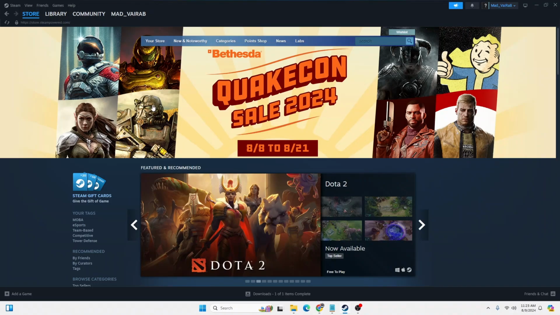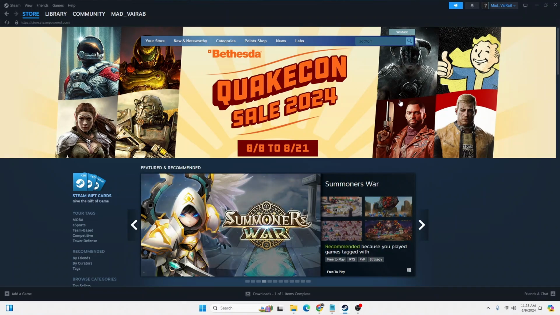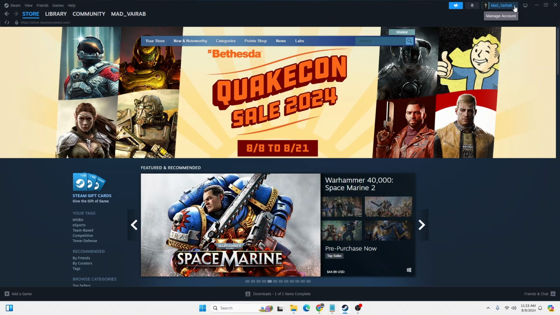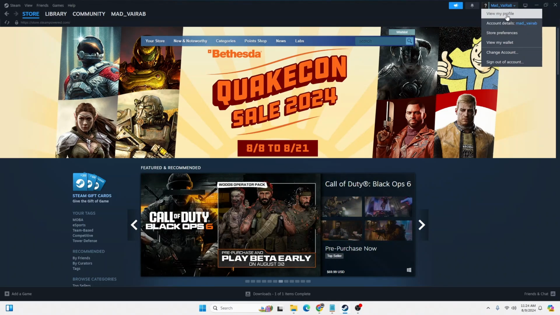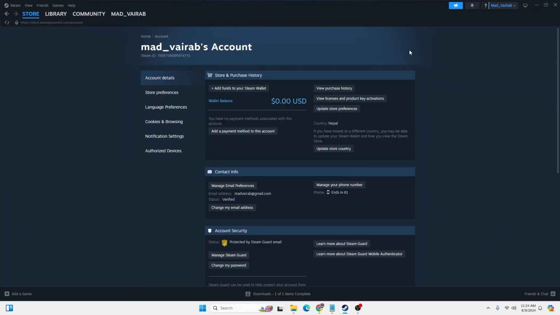And after logging into your account on the Steam app, guys, at the top right corner of the screen you can see your username available for us with the drop down arrow at the right side of your username over here where my mouse is hovering. Click on that button on your username and this kind of menu will appear. Click on the account details option available for us just below the view my profile, and you land on this